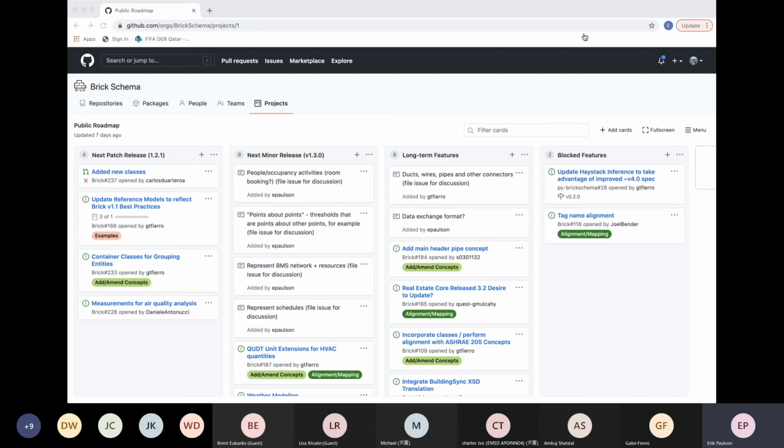Another question: are any building product manufacturers getting involved? I wanted to clarify what we mean by building product manufacturers. We've talked to a couple of folks who make contraptions that aren't traditional building management systems.